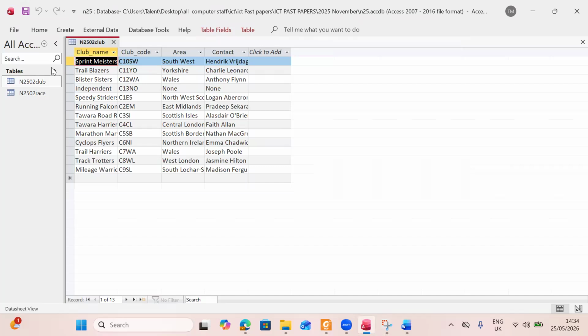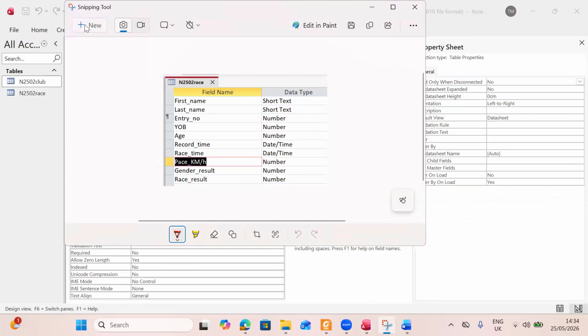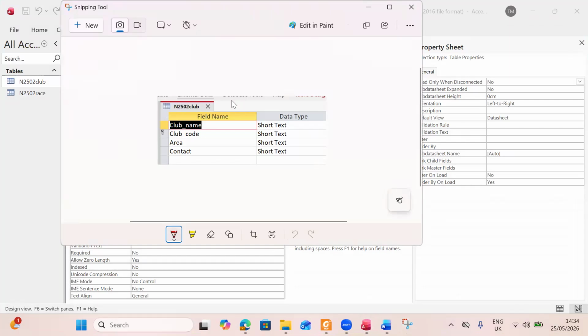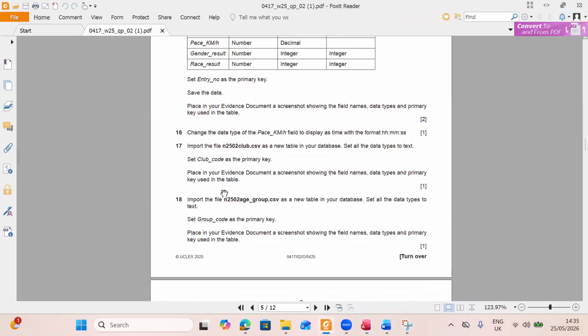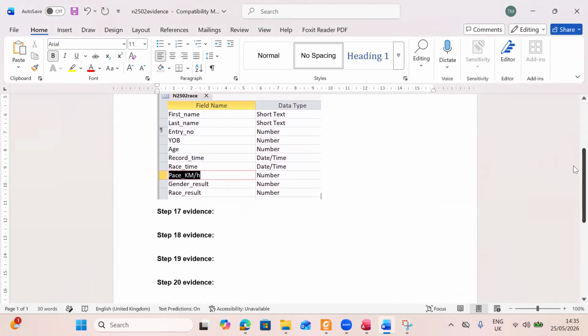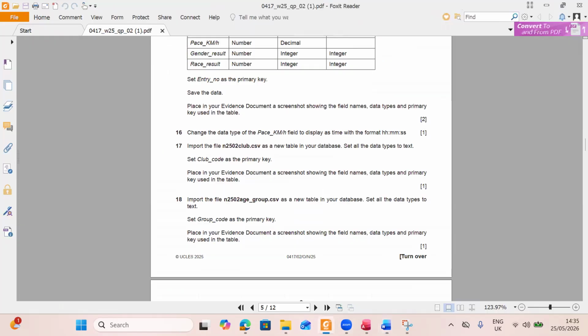Okay, so for us to have the club, you have to also go to design. This is the information, and then when you take your screenshot, you click on new, and then you take that area as your screenshot, and then you copy, then you paste it under the question. Because we've been asked to put it in evidence. So this is step 17. You can see that in the evidence document, it's already waiting for step 17. So you just paste it like that, and you move on to import the file into